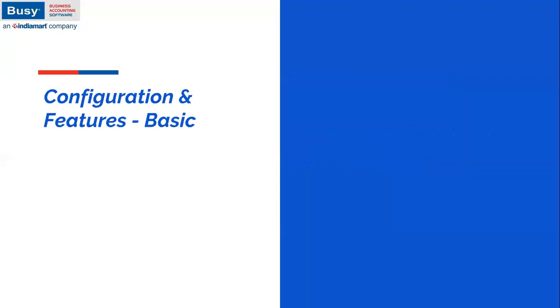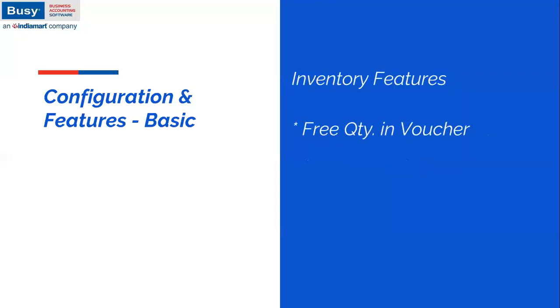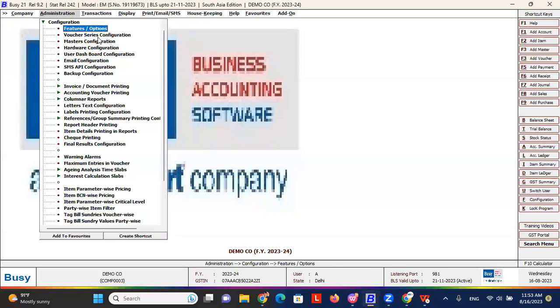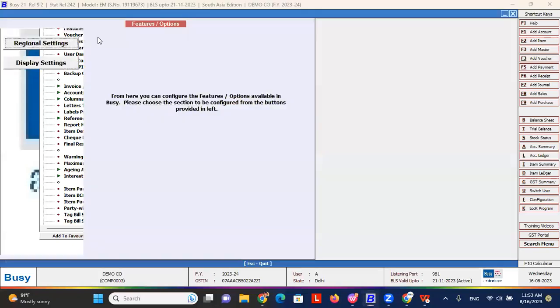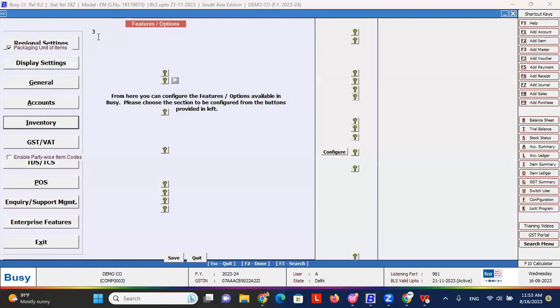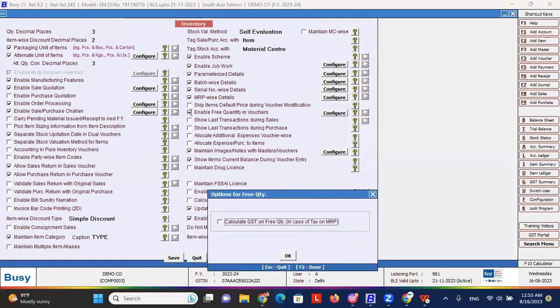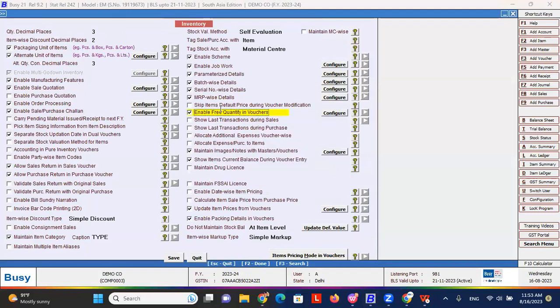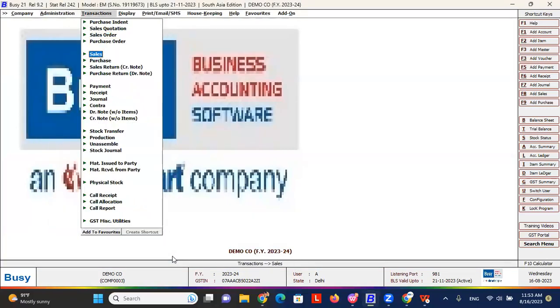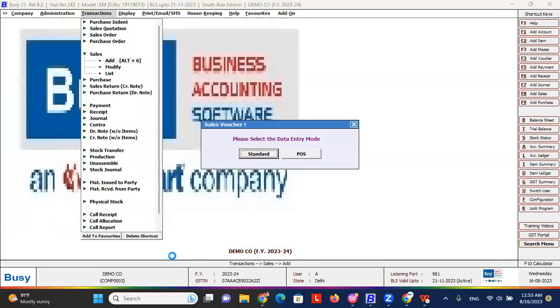Coming to the next slide. That is free quantity. If you need to put the free quantity in vouchers, for that you have to enable free quantity from Administration, Configure Features and Options, Inventory. So this is enable free quantity in vouchers. Once you enable this, you save it. So whenever you're going to do a sale entry or a purchase entry, whatever entry you're going to do,